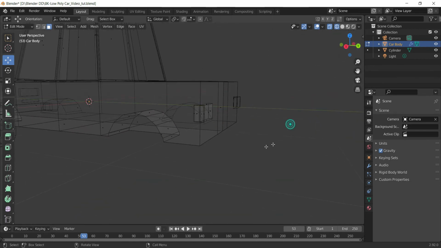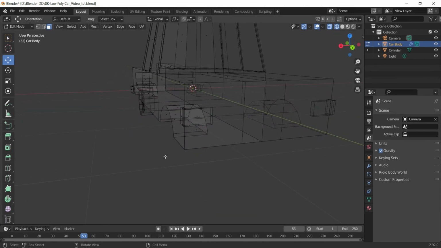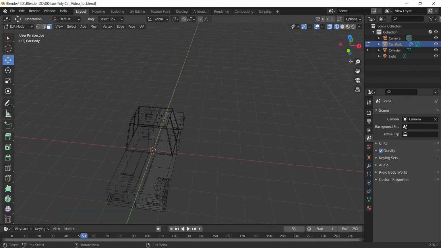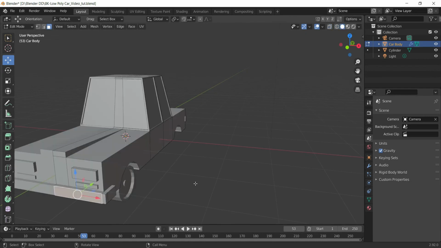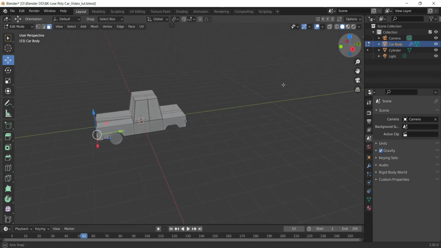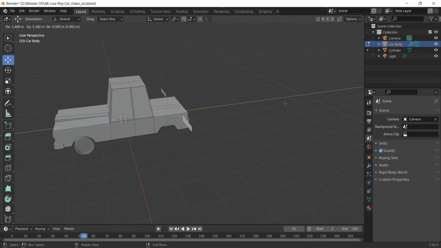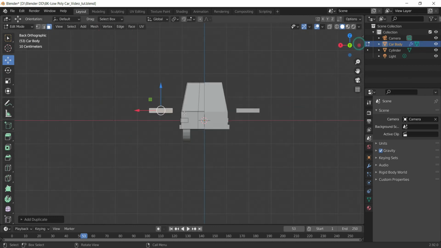Alright. Now the next thing is that I want to add a rear bumper also. So for that, what I'll do, simply select this face, yeah, and Shift D to duplicate, bring it back here.